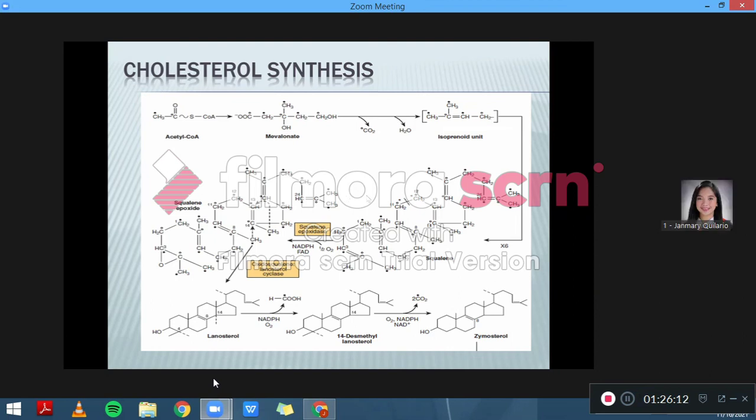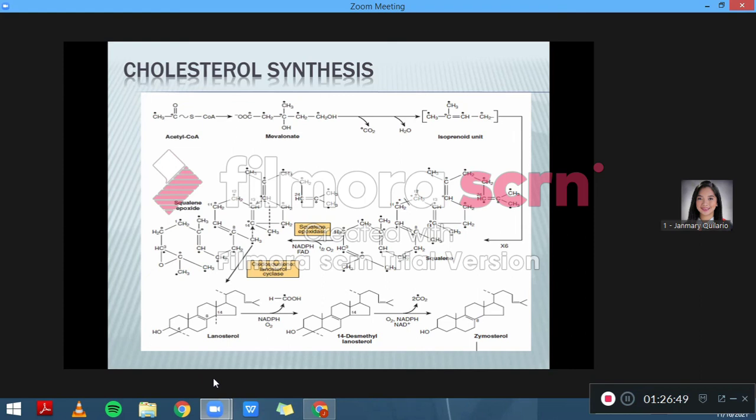Okay, Doc. So for the biosynthesis of mevalonate, it starts with two molecules of acetyl CoA, which condense to form acetoacetyl CoA. This would be catalyzed by the enzyme thiolase, Doc. Then it condenses with another acetyl CoA to form HMG-CoA, the 3-hydroxy-3-methylglutaryl coenzyme A,